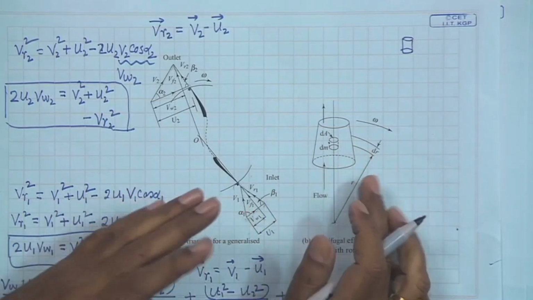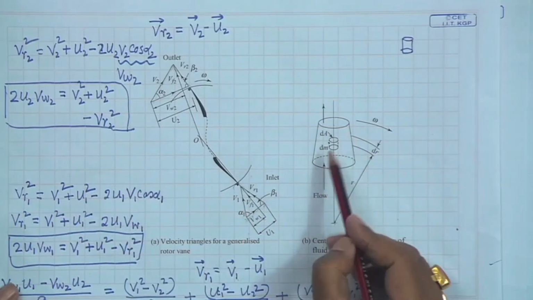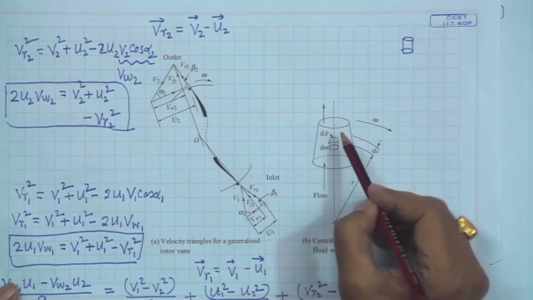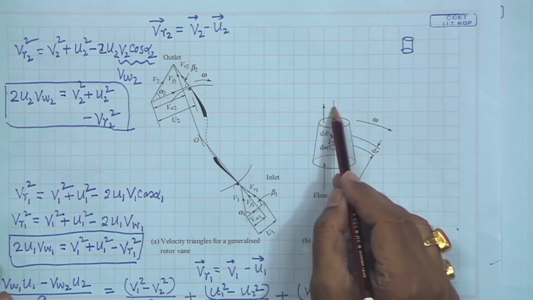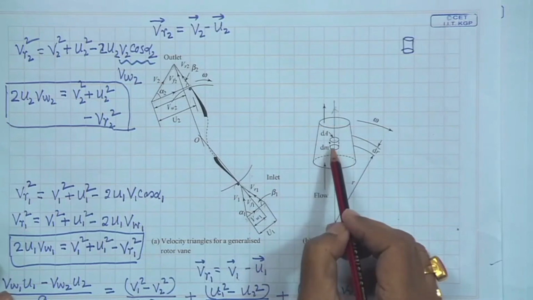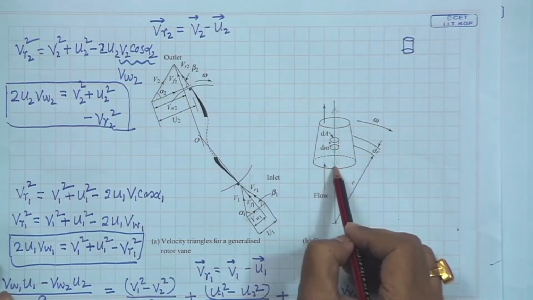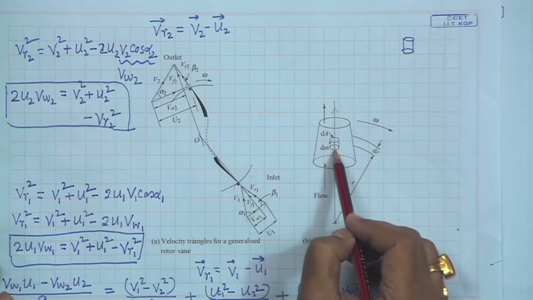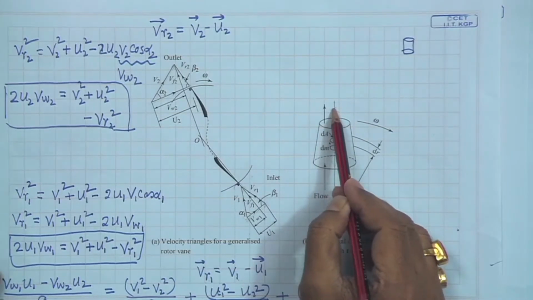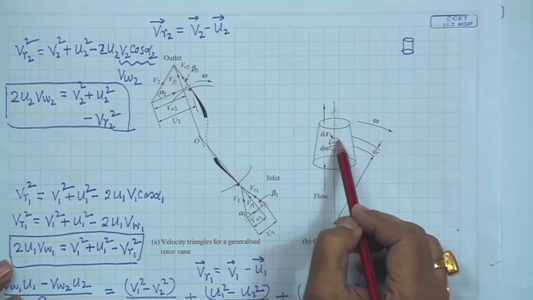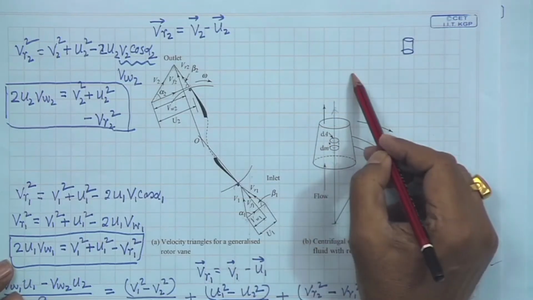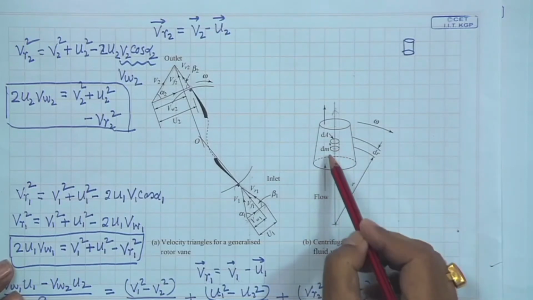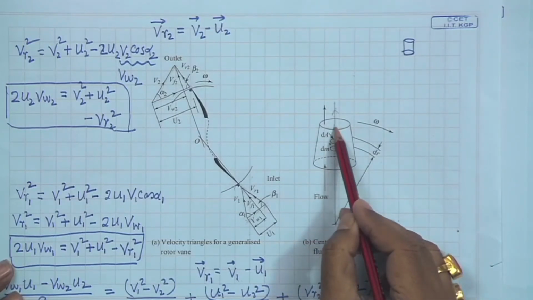The fluid has a centrifugal force and a centripetal force. That means any fluid mass is balanced at a location by virtue of both forces. One is the centrifugal force, which is away from the central axis in the radial direction, and another is the centripetal force, which is the inward radial force. Both of them balance each other to keep the fluid in position to rotate. It is neither going out nor coming in. It slowly moves in the radial direction, the way it has to be moved according to the flow field.